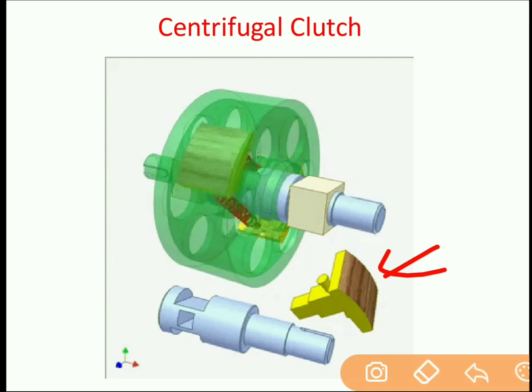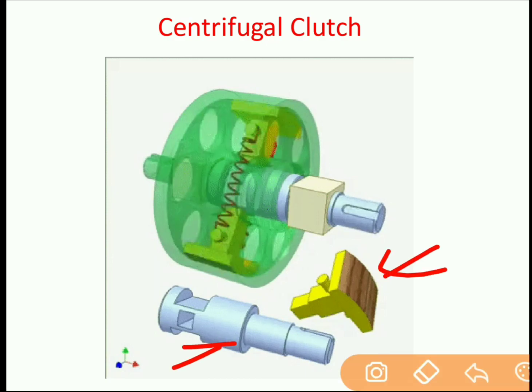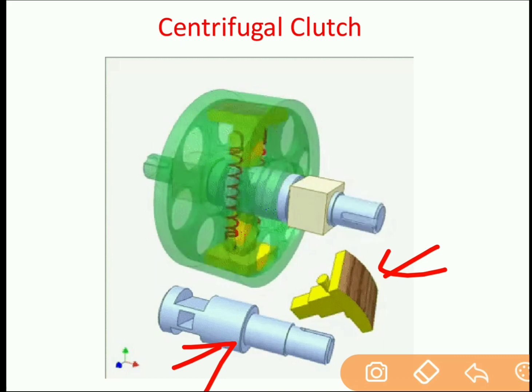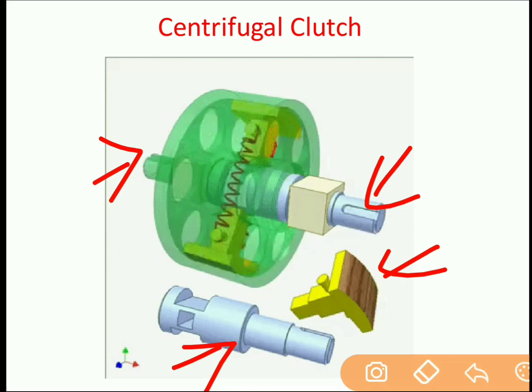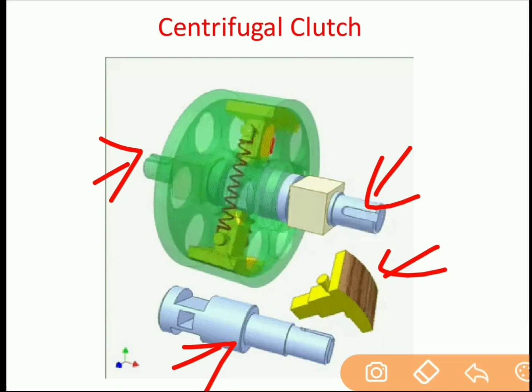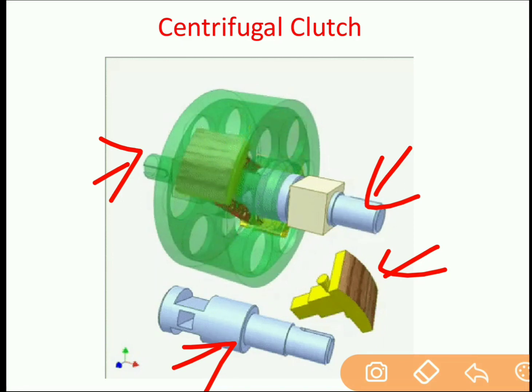This is a shoe and a driving shaft. Shoes are connected to the driving shaft over here. This is a driven shaft. Green color is the driven shaft and blue color is the driving shaft. So when it attains a certain speed,